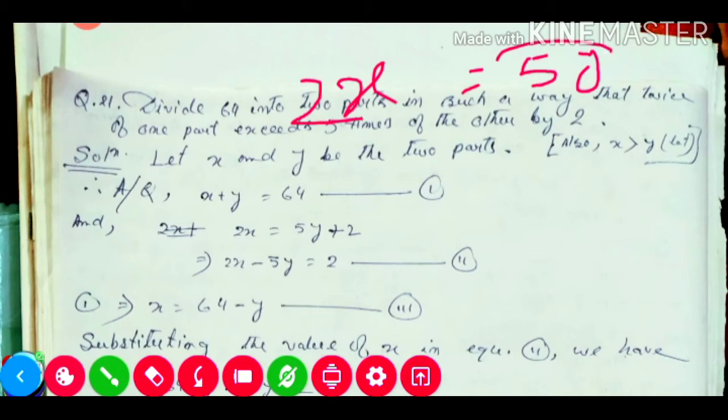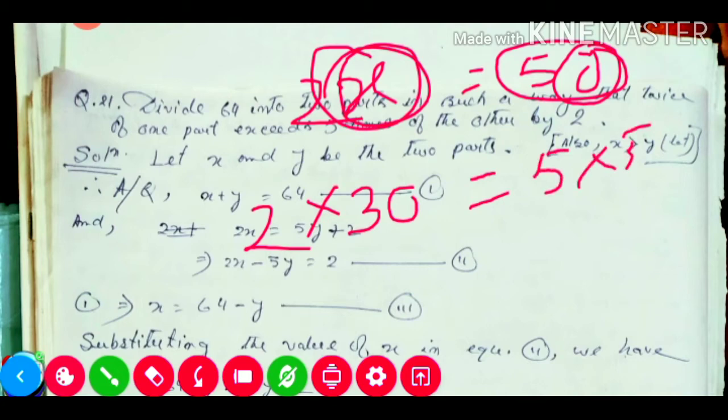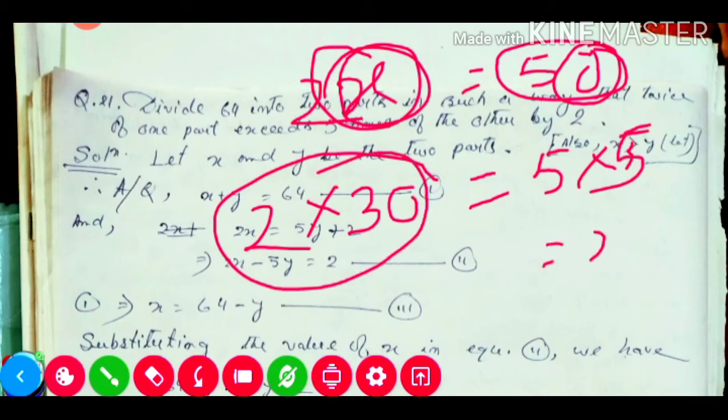That time it will be 5 times, then also it will be our 2 more. Suppose this one is x, any number, suppose 30, multiply it by 2. And that time the smaller number, with any number, suppose 3 or 4 or 5, anything we will consider. Suppose 5 we will consider, so 5 into 5, it will be 25. So that time also it will be more bigger, remaining. It will be 25, and it is 60, so the bigger one is becoming.